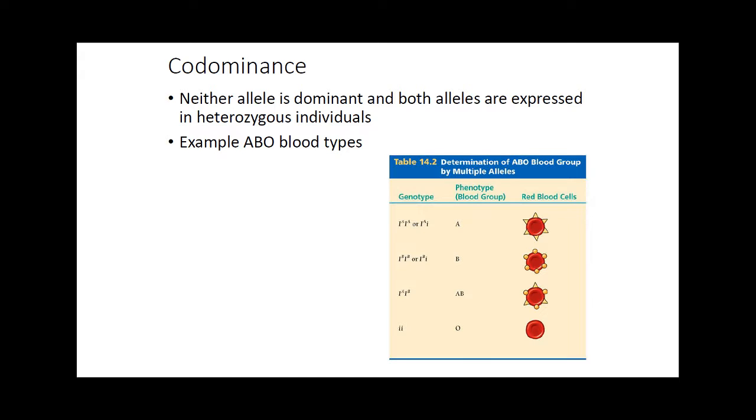O is recessive to both A and B. So if you have AO, O is the recessive phenotype and A is the dominant phenotype. If you have B and O, B is dominant and O is recessive, but A and B are incomplete. Sorry,